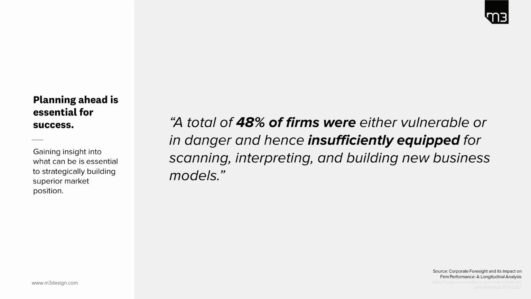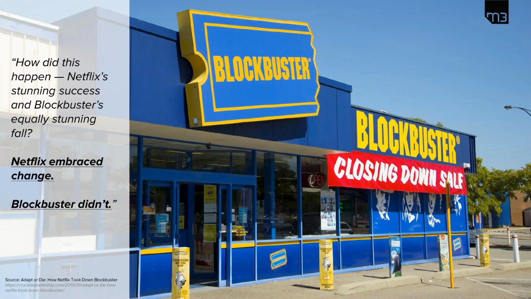The way this plays out in business, I have just one word for what that means, and that is Blockbuster. We all know the story of how Netflix came in and really uprooted Blockbuster's business model. This is a perfect example of how not thinking about change and not understanding how emerging technologies can affect your business can really disrupt your market and even lead to bankruptcy and closure. It's a really great quote from this article: Netflix embraced change and Blockbuster didn't, and that really sums up what happened here.